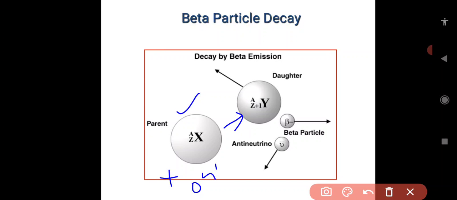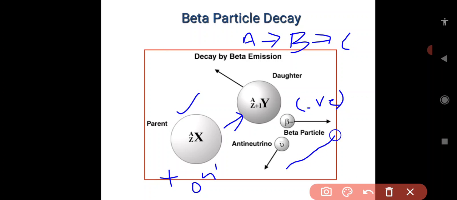which gives a beta particle, that is, a negative charge, with the emission of an antineutrino. Last class we heard about A tends to B, B tends to C. See, this is the interaction that occurs during beta decay, gamma decay and alpha particle decay processes. Consider any radioactive nuclide; it undergoes decay to a daughter nuclide, and further to a stable end product, which is formed with the emission of a beta particle and antineutrino.